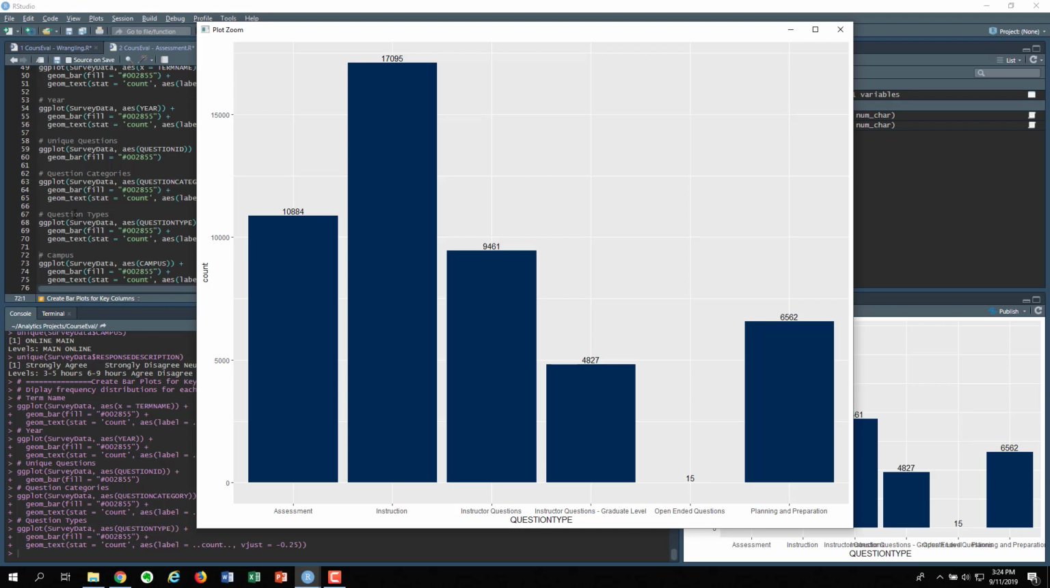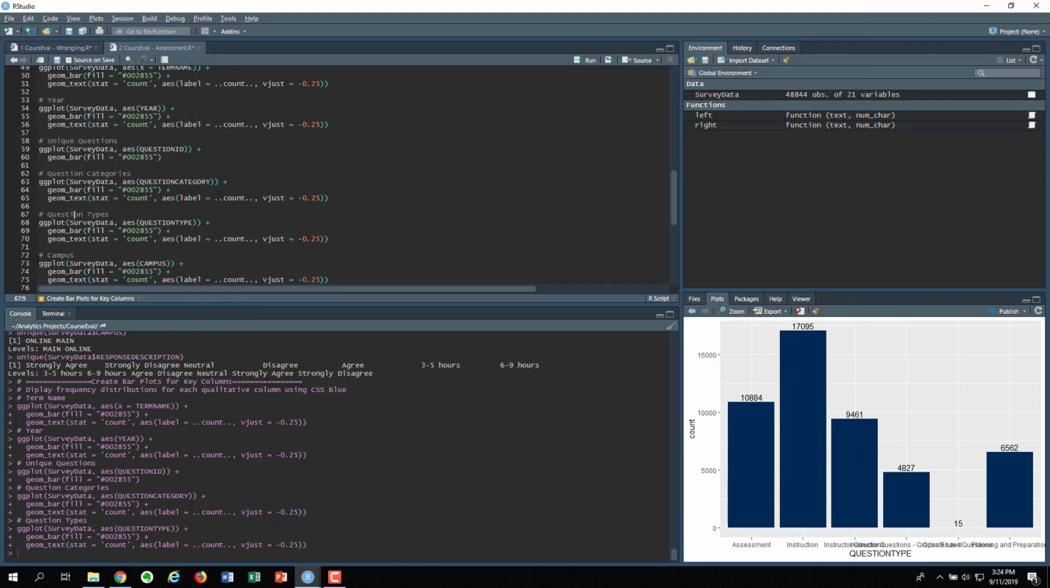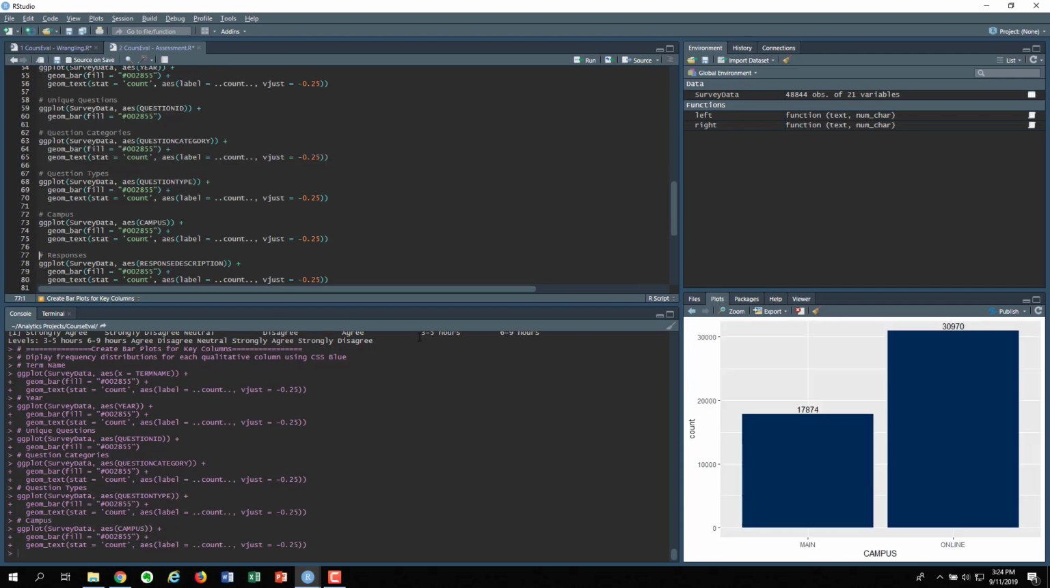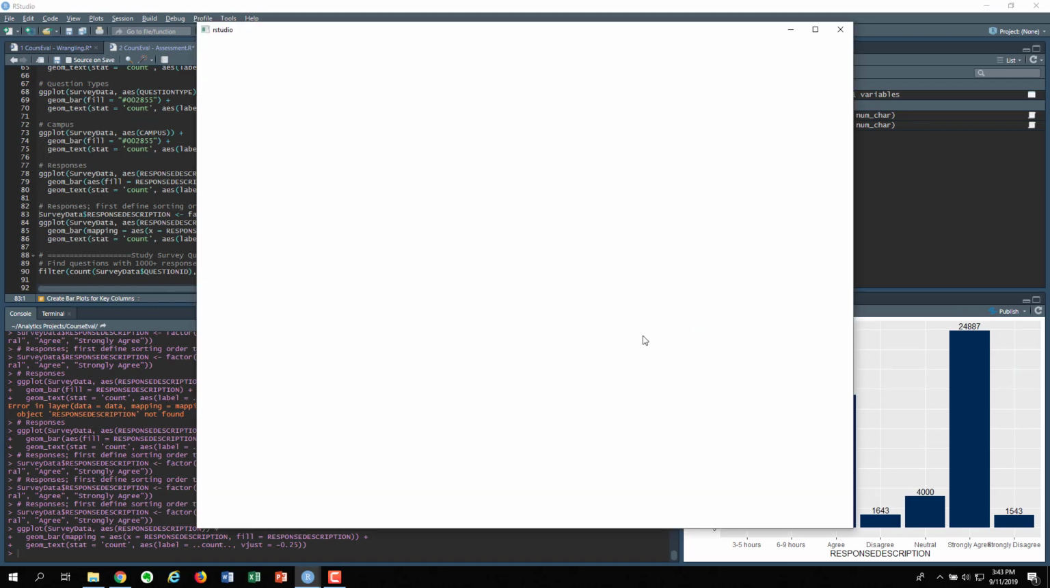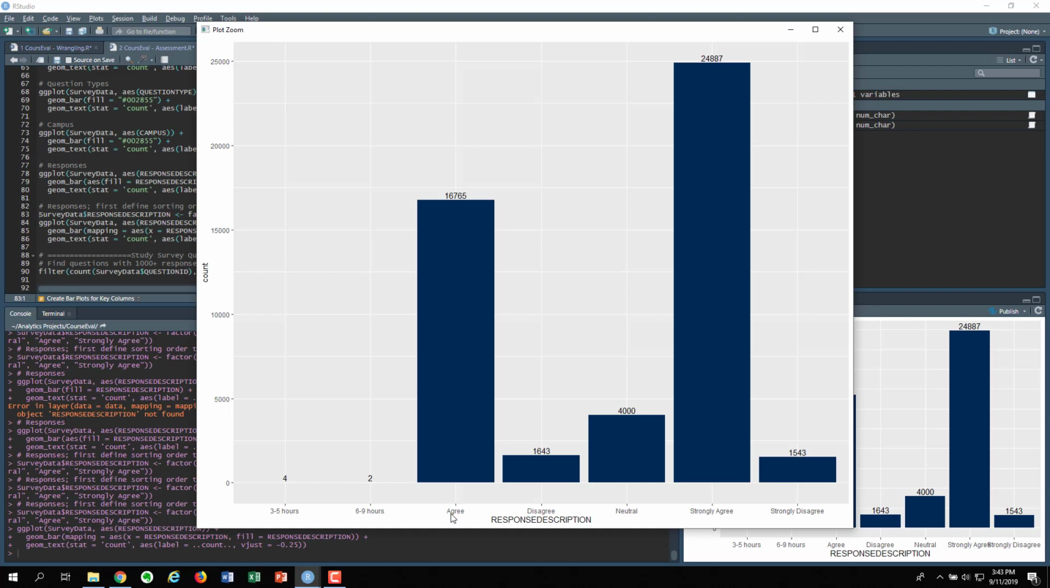All right, so then next we're going to plot the different campuses. So Control Enter, and we can see there's main and online and the relative counts for each of those. And then finally, let's take a look at the responses. So what we see here, let me zoom in on this one. So if we zoom in on this, we can see that we